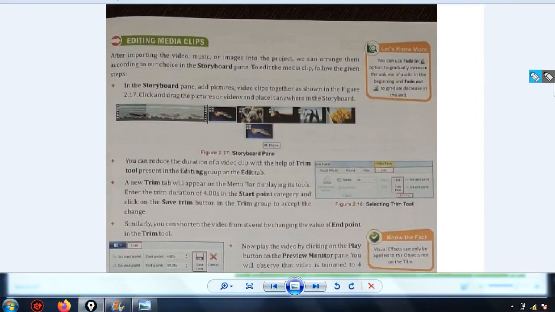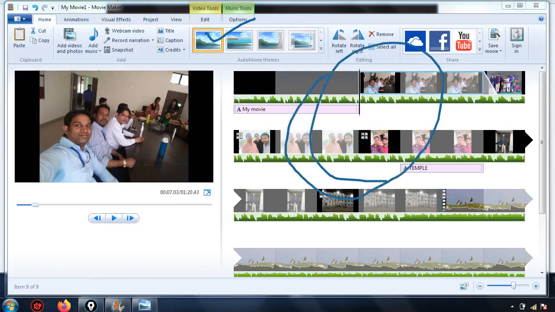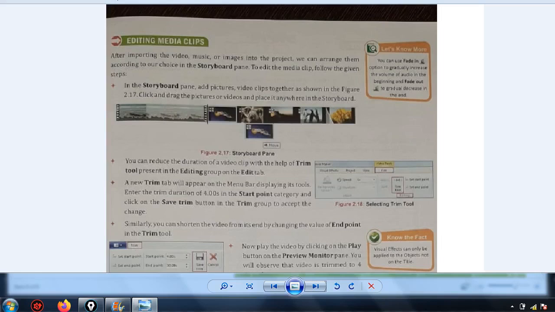Editing media clips. After importing the video, music or image into the project, we can arrange them according to our choice in the storyboard pane. We know what a storyboard pane is, right? This area is the storyboard pane. In the storyboard pane, add pictures and video clips together as shown in the figure.